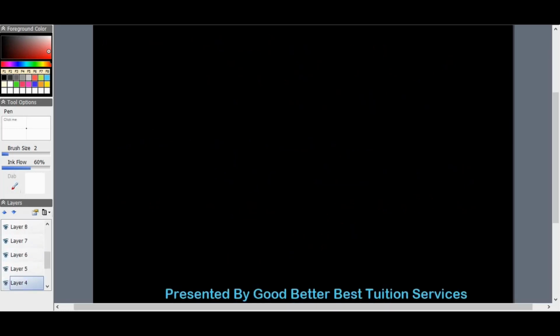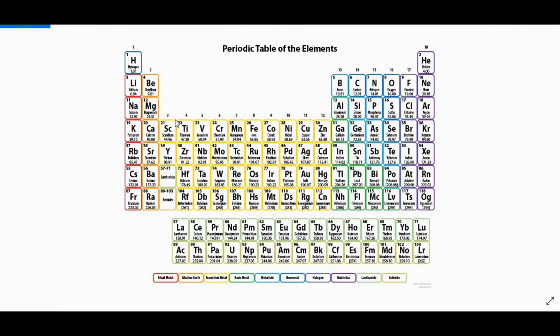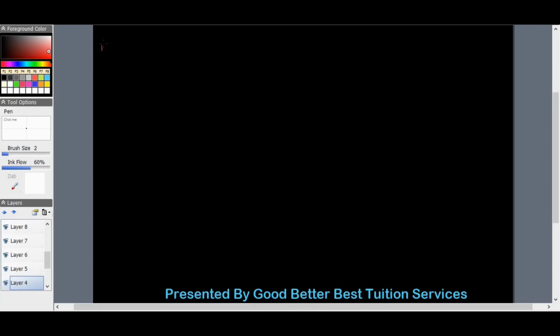Now, if we have a look at the periodic table here quickly, we have special names for rows and columns on the periodic table. Obviously, rows are the horizontal, and groups are vertical. So we define the rows in a periodic table, we call them periods. And the vertical columns, we call them,